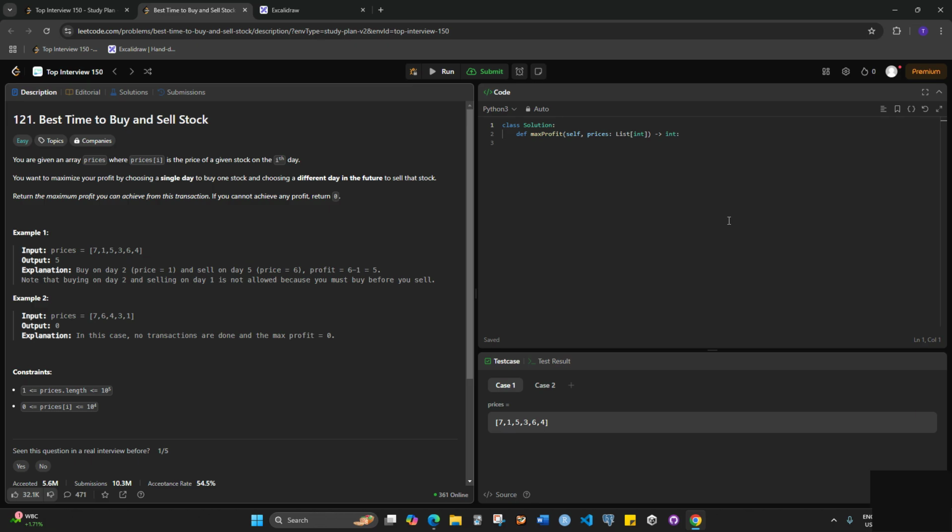Return the maximum profit you can achieve from this transaction. What the heck? Okay. So I need to